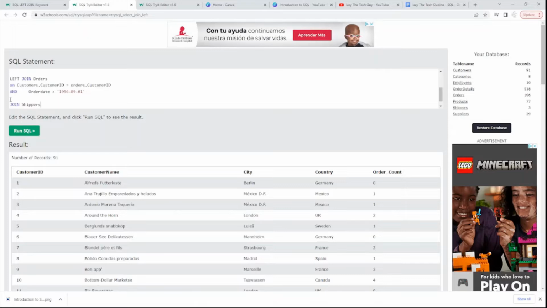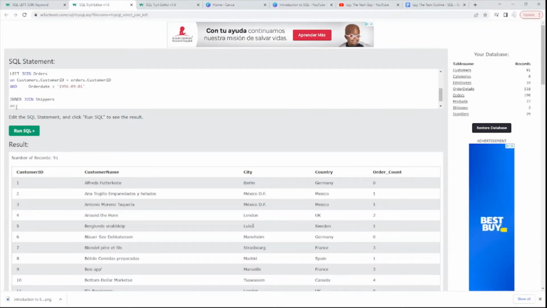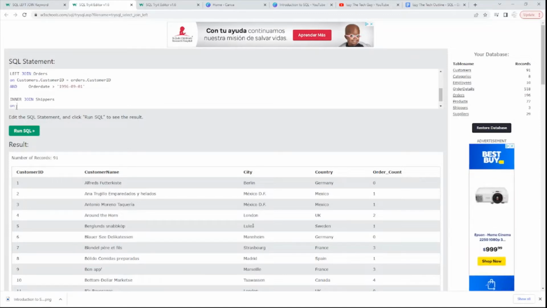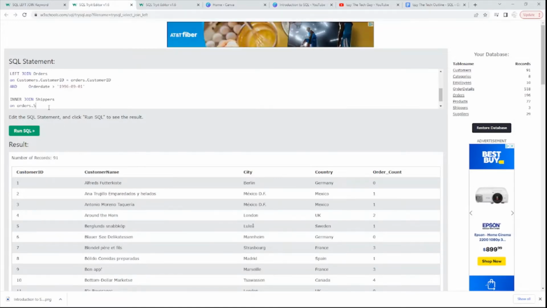So I want to do an inner join between orders and shippers. Let's join on orders, and now I'm doing an inner join. You can specify inner, or you can just put join. To make it clear, let me just do inner, but I can also not use the word inner. So we're going to join on orders dot, and what was the column name again? Shipper ID. So we're joining on shipper ID here. Equals,